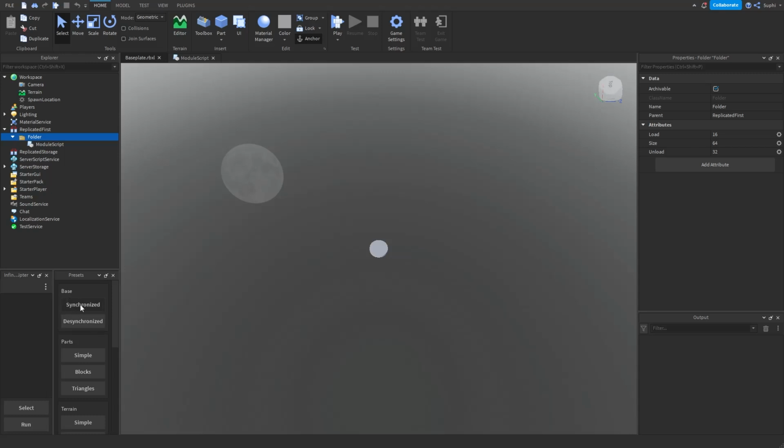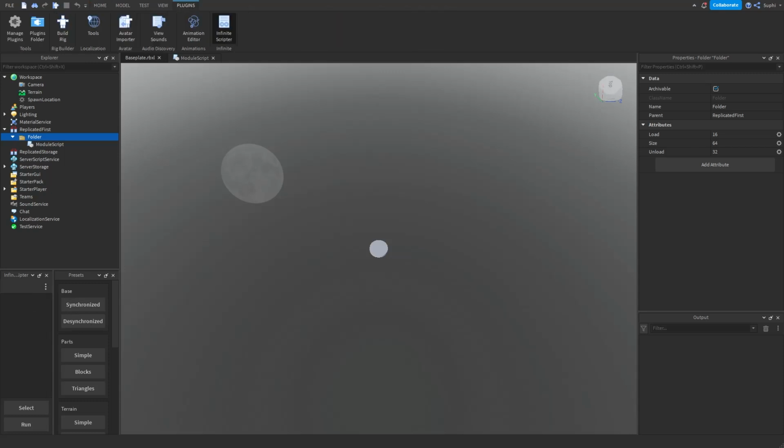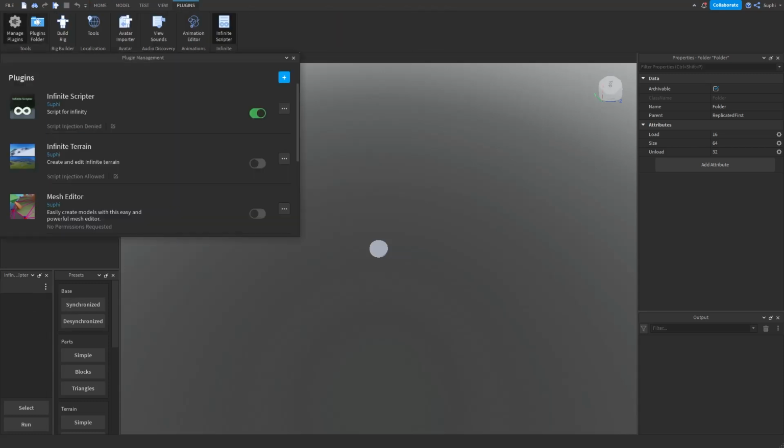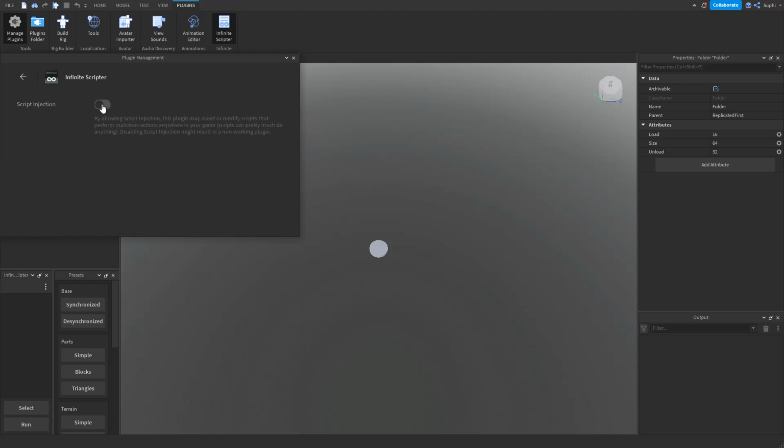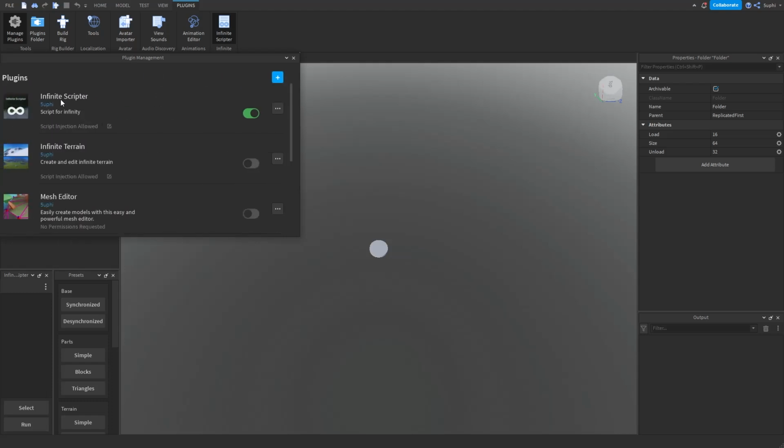And if we create a synchronized preset, we get an error. It says Infinite Scripter requires script injection to be enabled in Plugin Manager. So if you don't have script injection enabled, the plugin cannot create a preset. So if we go to the Plugins tab, click on Manage Plugins, and here we can see it says Script Injection Denied. So I'm going to click here, and I'm going to turn on Script Injection,